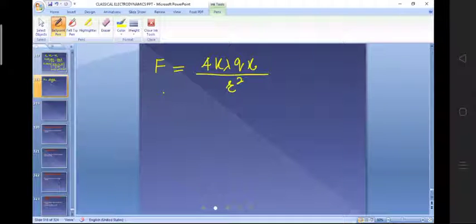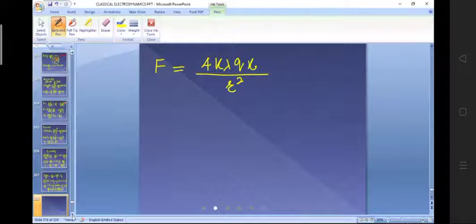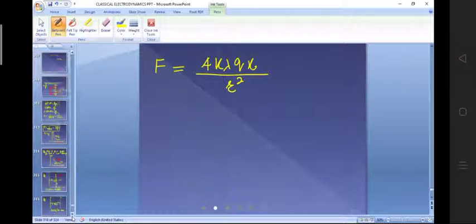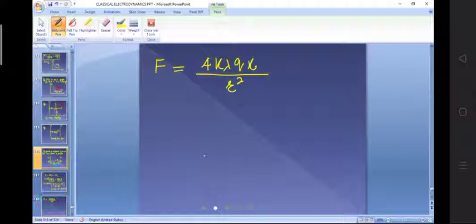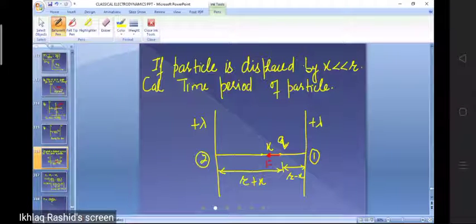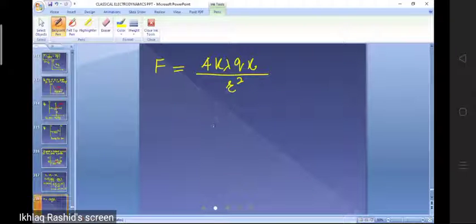Now we have calculated this force. Number one, this force satisfies both the criteria. Number one criterion is that it's a linear function of x, and number two is that this F is anti-parallel to x. For example, like this. Concentrate here. The problem is like this: the x is towards right and the force is towards left. That means F and x are anti-parallel. So that means this force satisfies both